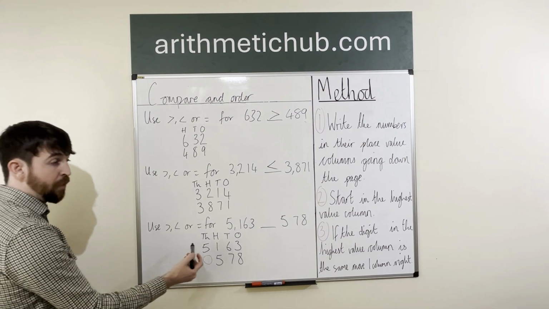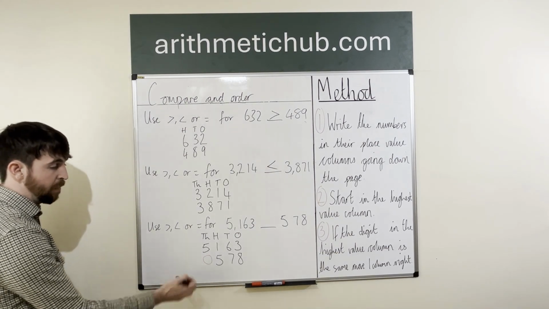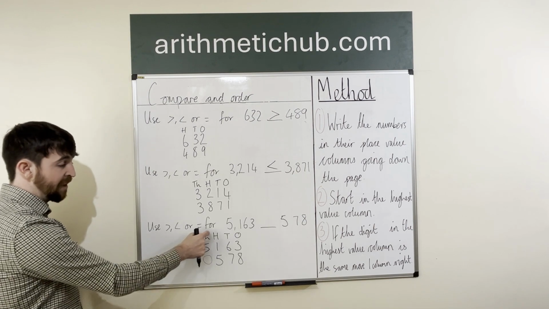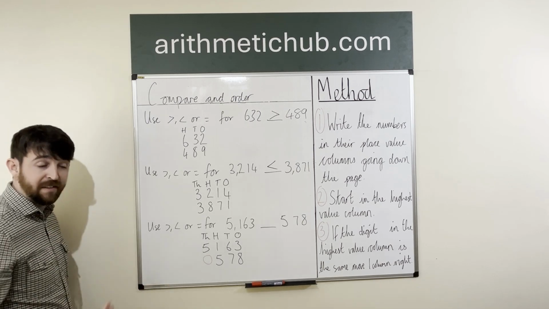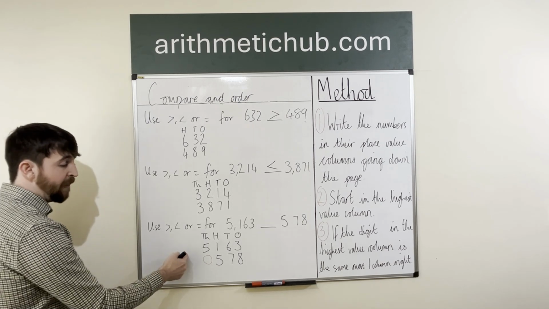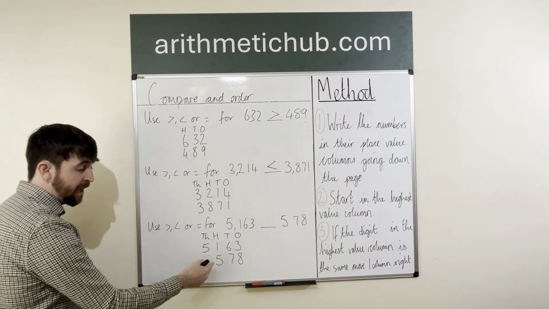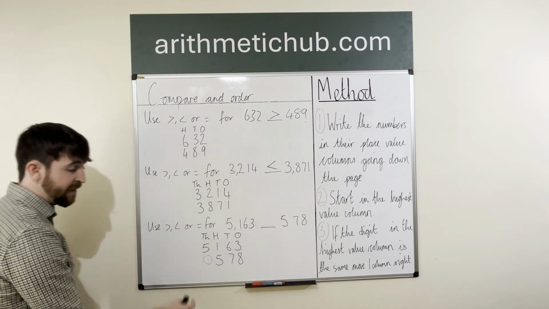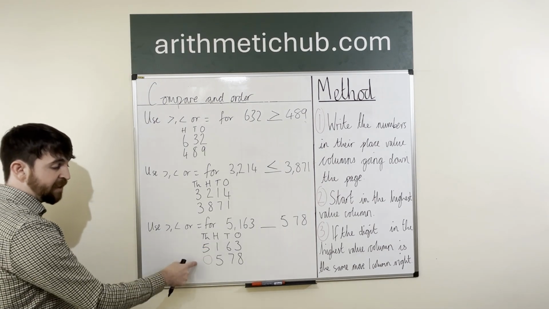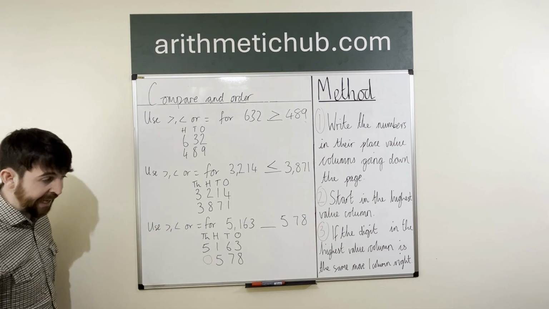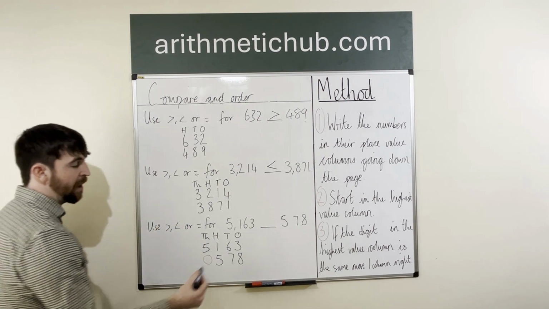Either way, what we are doing is we're starting in our highest value column. The highest value column in both of the numbers is the thousands, and in the first number, 5 is greater than 0. So that would mean that 5,163 is bigger than 578. It doesn't matter that 500 is bigger than 100 because this has 5 thousands and this doesn't have any thousands. So the bigger number is going to be